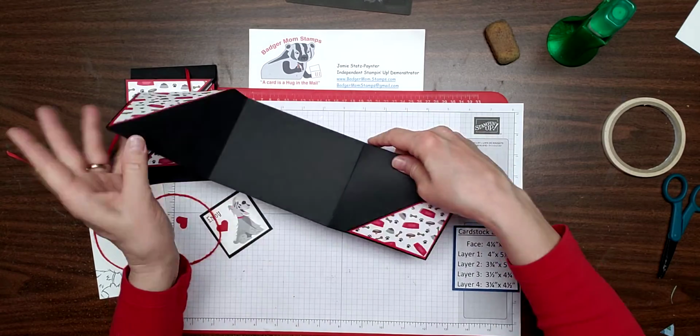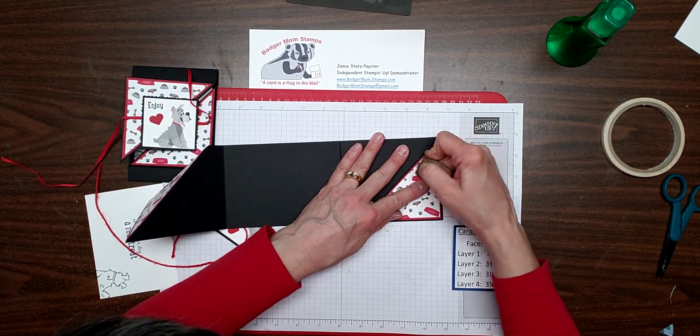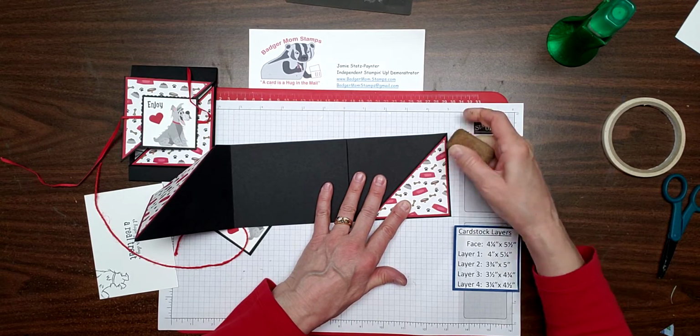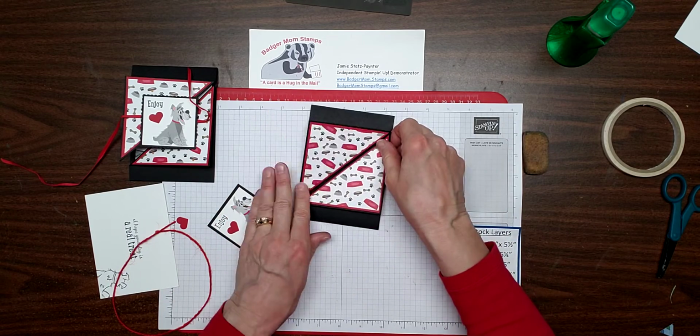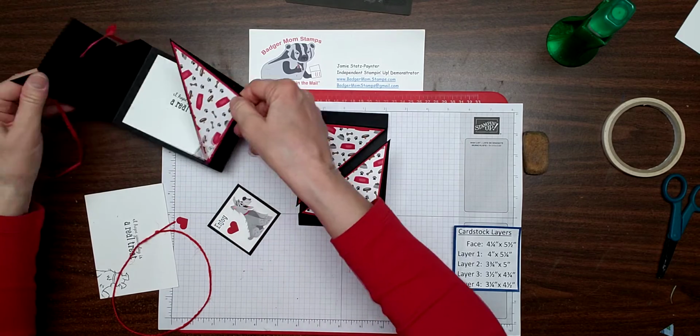Okay, since I got a little bit of glue, I'm going to use my little eraser to get my little glue off. Part of my dried finger, unfortunately. And the same here. So now that's what that looks like. So then the inside of your card,